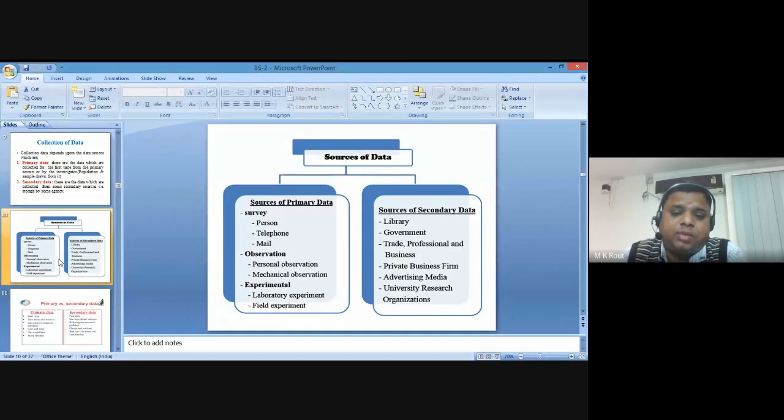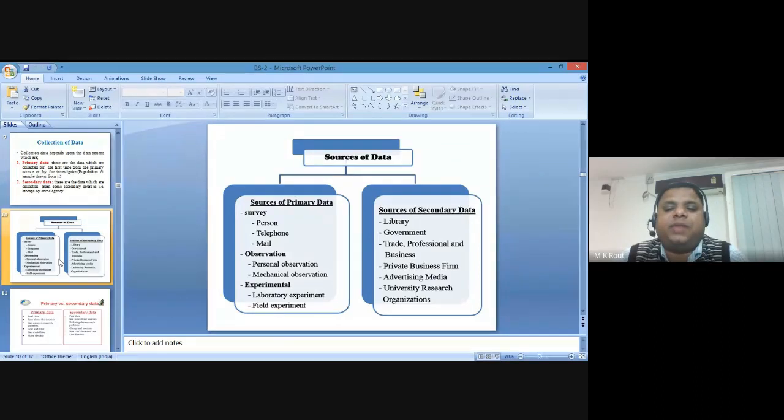The next part is that government agencies provide various types of secondary source data in the form of rules, regulations, and SOPs, standard operating procedures, on how to maintain, how to act, and how to implement the policy in different segments. That should be noted as secondary data. Then the next part is trade, professionals, and businessmen. There are so many entrepreneurs, companies, and businesses, and these organizations provide different secondary sources of data. You can directly collect the data in the form of secondary data.